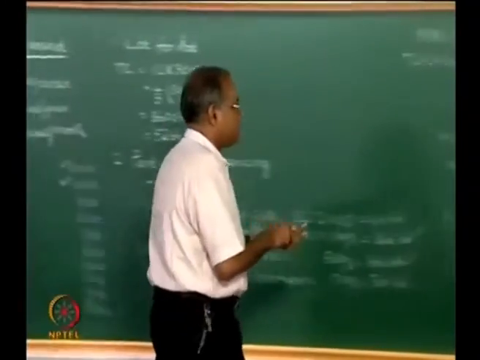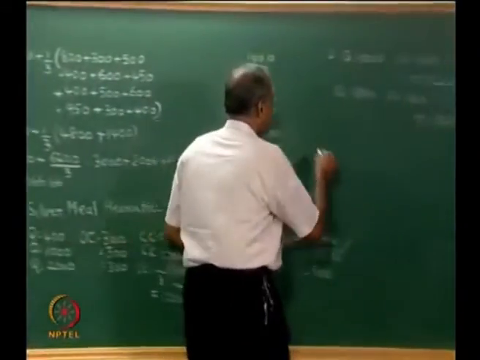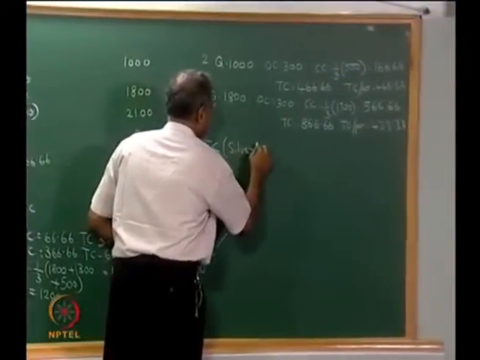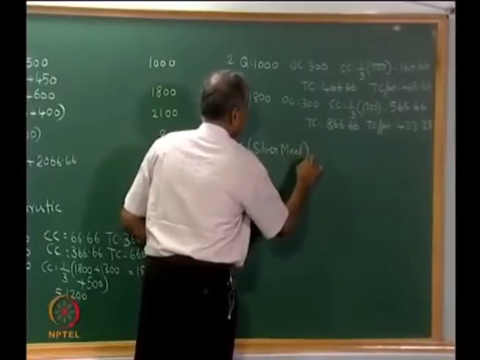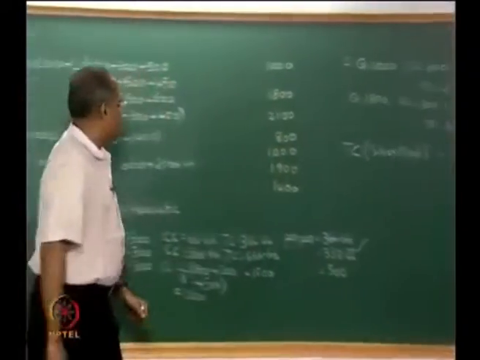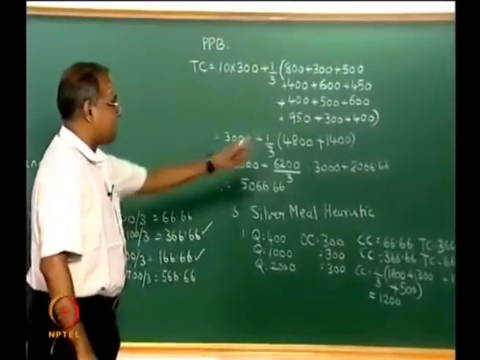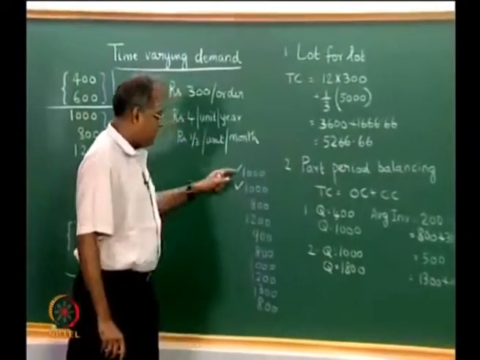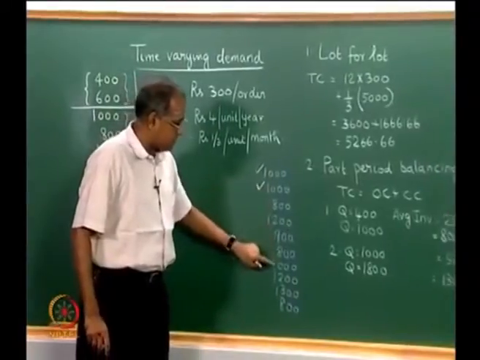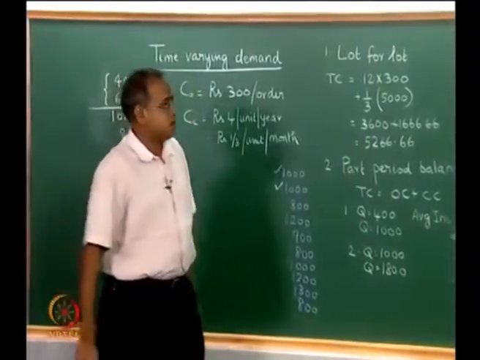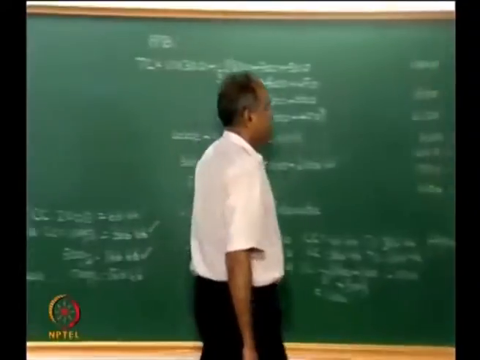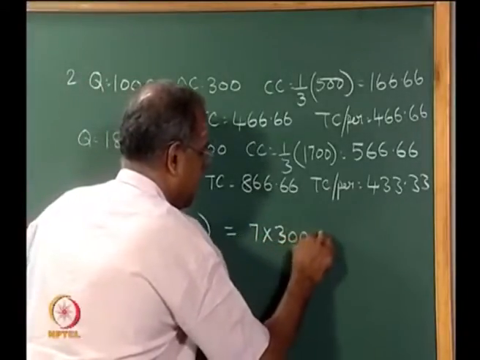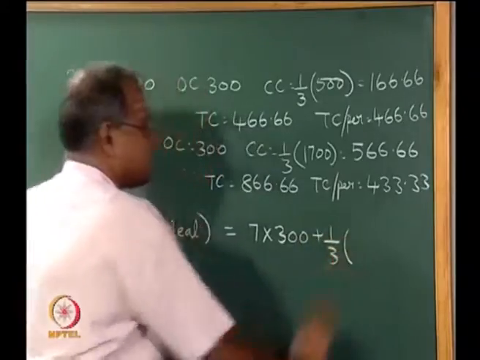So let us try and do the total cost for Silver Meal. Silver Meal is giving us 7 orders as against Part Period Balancing, which had 1, 2, 3, 4, 5, 6, 7, 8, 9, 10 orders. So Silver Meal's order cost is 7 into 300 plus 1 by 3 into